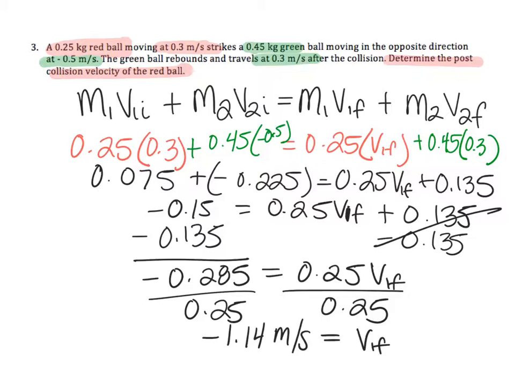All right, so to quickly recap that, we took our formula for collisions. We plugged in the mass of the red object times its initial velocity plus the mass of the green times its initial equals the mass of the red. We're solving for that post-collision final velocity of the red. And then we have the mass of the green object times its final that was given to us. Then we simplified that down, and then we simplified the left side down even more. We brought this 0.135 over, and then we divided both sides by 0.25, giving us that final answer of negative